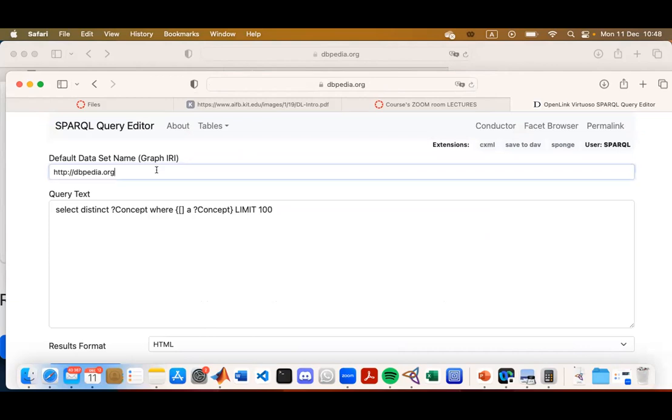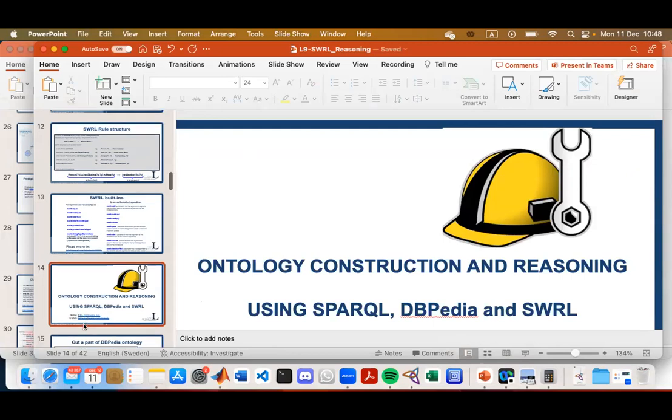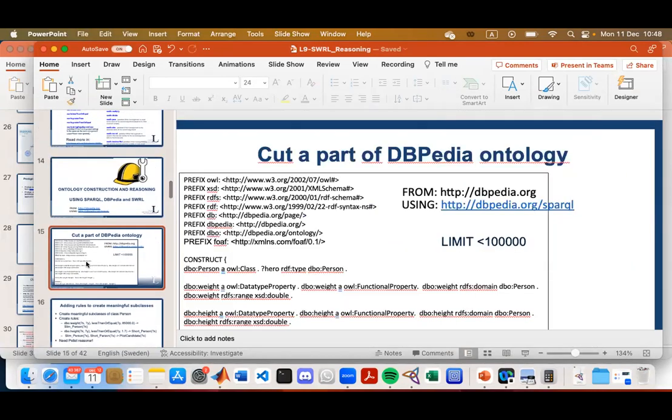Here is the server name, the URL to the server where all the concepts are defined. So we need to remove this. Let me see, what do we want here?